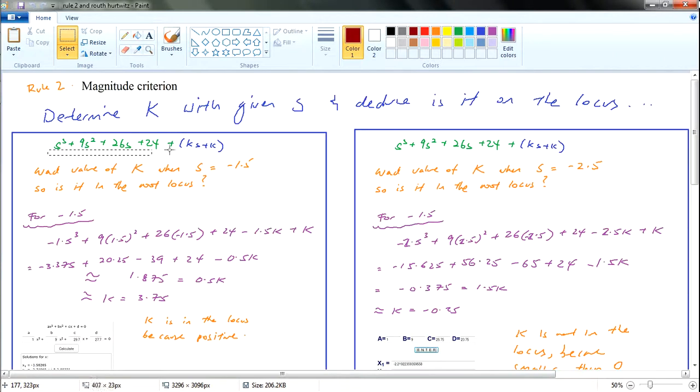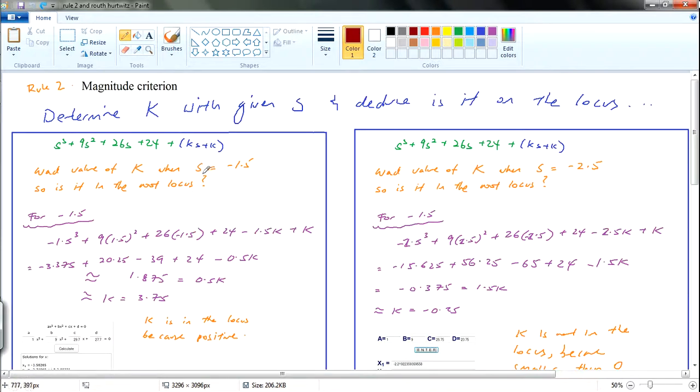What we're going to do is also use the characteristic equation. If you remember, this is the poles of a closed loop system, characteristic equation. In other words, this is 1 plus KG(s) equals 0. So this is the typical rule that I'm talking about. So what value of k when s is equal to minus 1.5? You can sub in your value of s, and then eventually you can find your k.